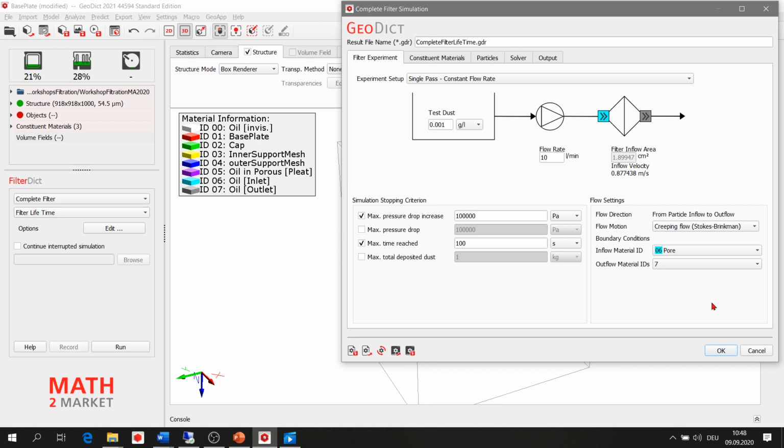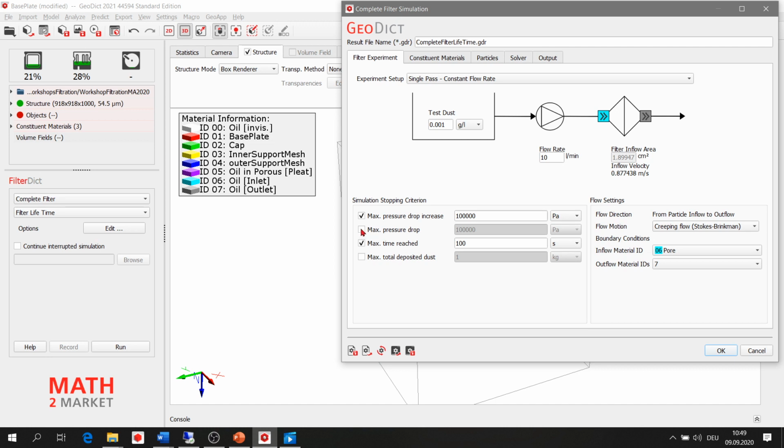Here at the left side, you can see the simulation stop criterion, and it means as soon as one of these selected criteria is reached, your simulation will be stopped. So in this case, either after 100 seconds of filtration simulation or when the maximum pressure drop increase reaches a value of 100,000 Pascal, the simulation will be stopped.